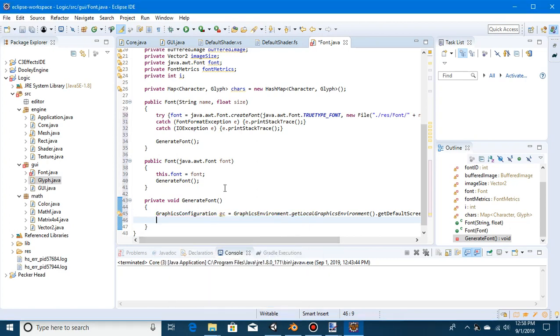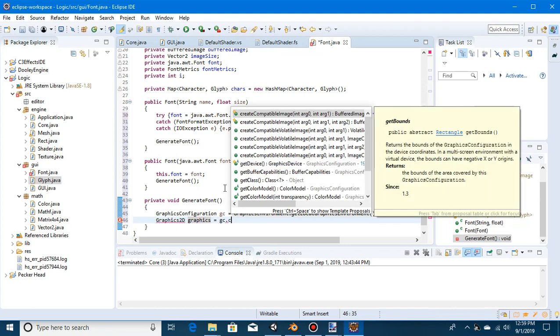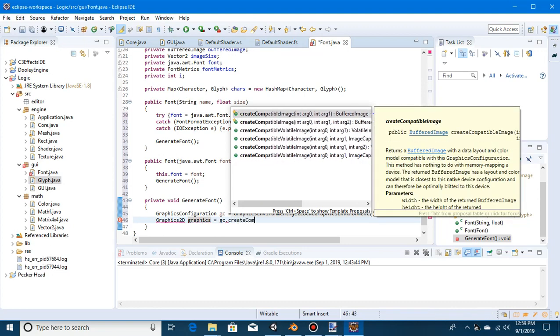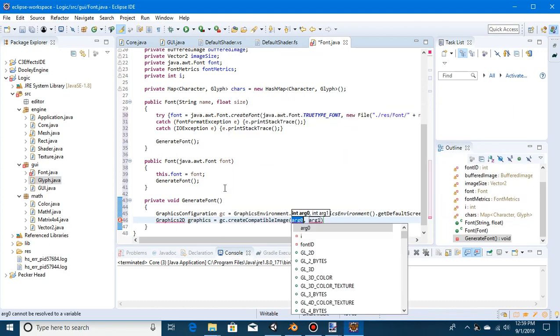All right, below it, we need to create a graphics thing. So say graphics equals gc dot createCompatible. We'll do 1, 1,